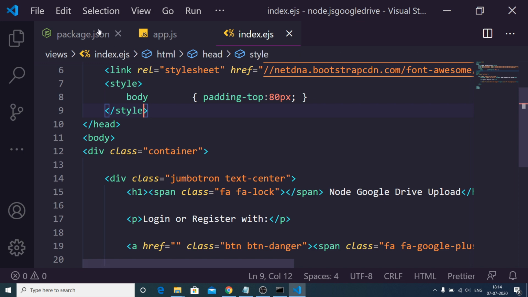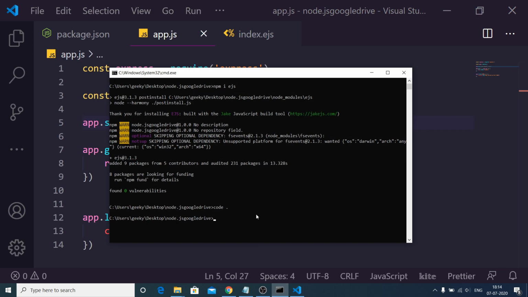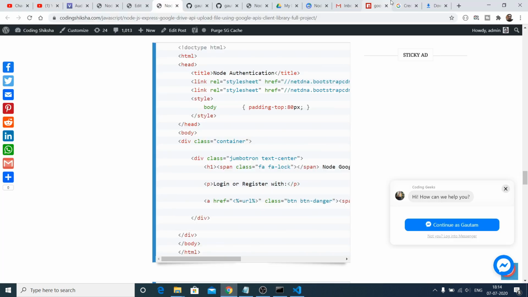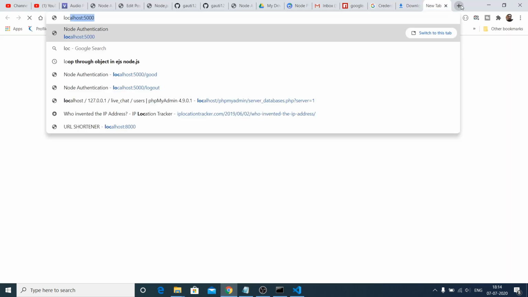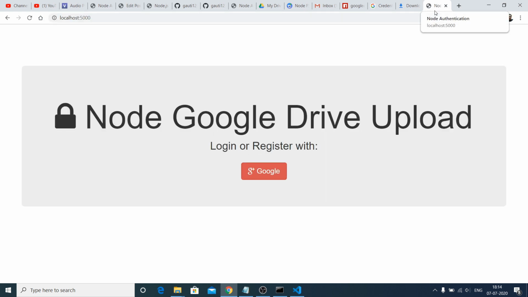Now we just need to load this file. If I refresh the application by starting npm start, you will see that it will start this application on port 5000. If I open localhost 5000, you will see this interface coming, node Google Drive upload.